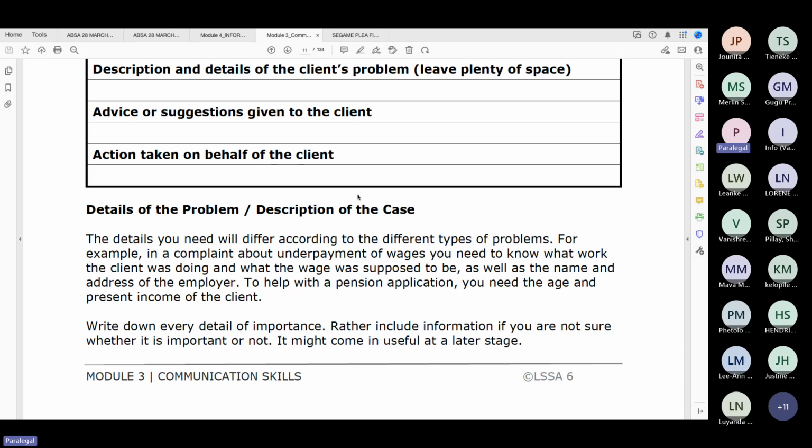So say to the client, you've got privilege. You need to tell the attorney everything so that the attorney can assist you better. Actions taken on behalf of the client, what have you done? Simple question, but it's an important question. What have you done to assist the client? But what have you also done